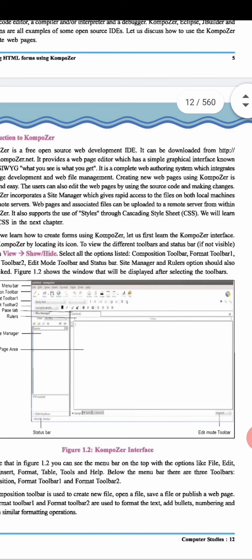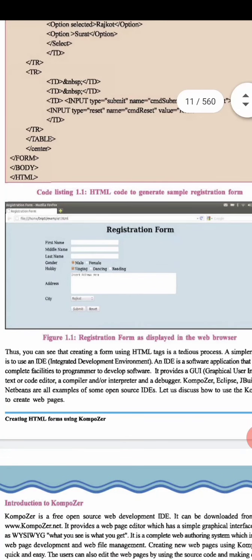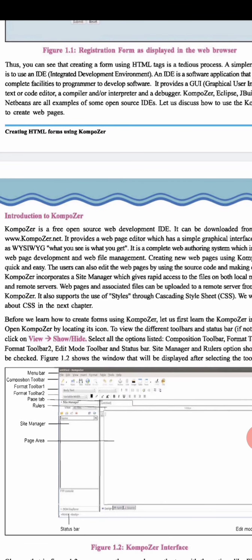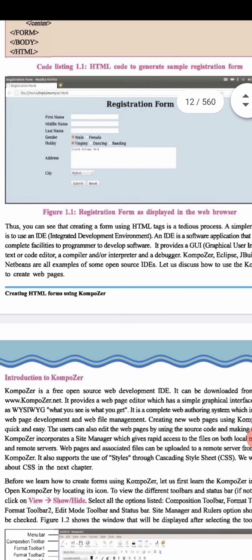Here there is no need to remember each and every tag, the codings and all that; everything is given here. We will make a form in Composer. You only have to remember the design of your form and how to use the things in the web Composer. That we will learn in practical.